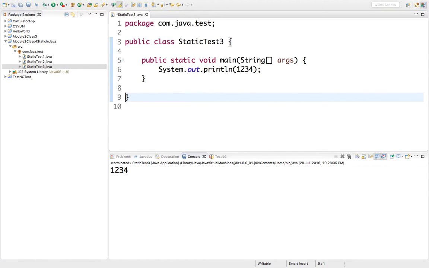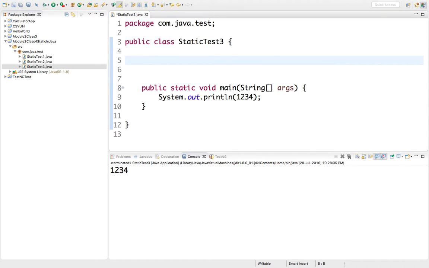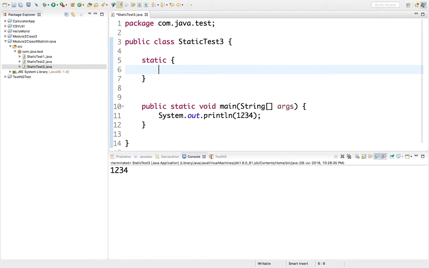So if you want to execute something just before the class execution has started, or when the object is first created, then you can put something in the static block that will be executed as soon as the object is created.